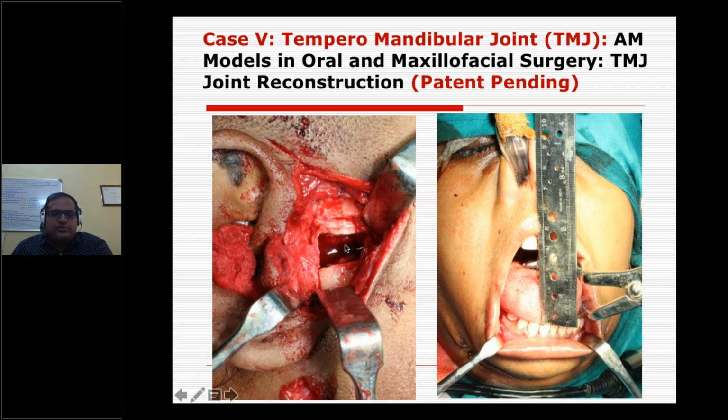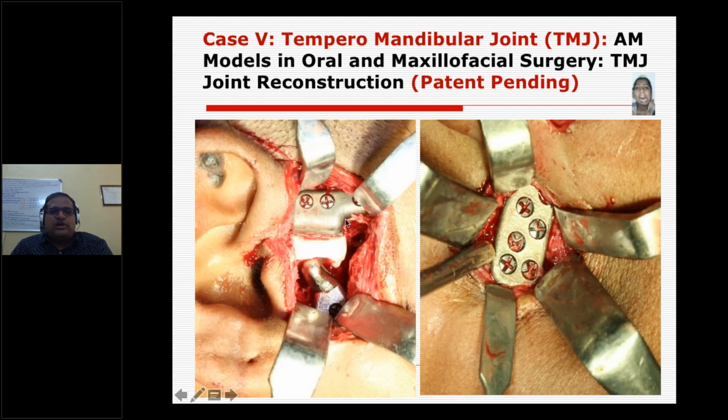But at the moment you released the fused joint, she could now open her mouth to the normal 4 centimeter opening. During the surgery, it got fixed on the zygomatic portion of the upper jaw, and this is the condyle which we implanted. To minimize metal to metal contact, an FDA approved polymer is incorporated here, and this is the fixing.